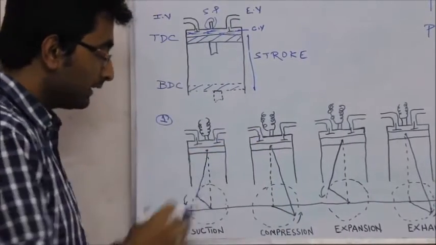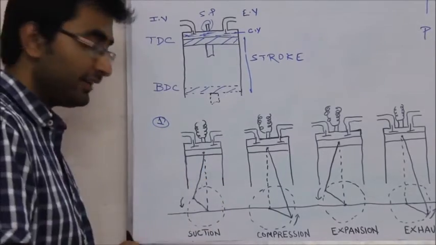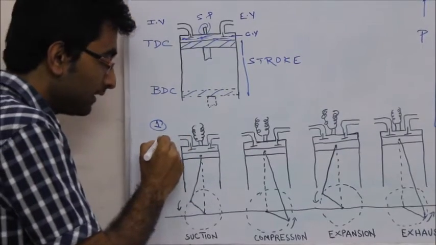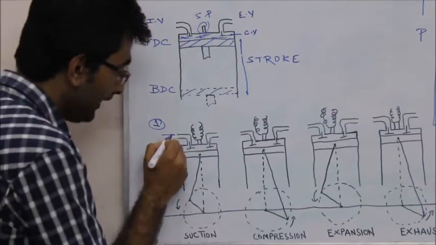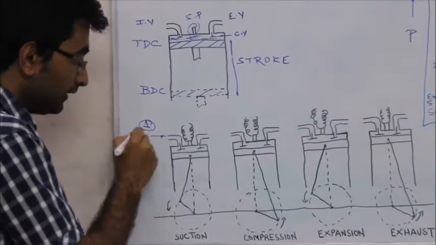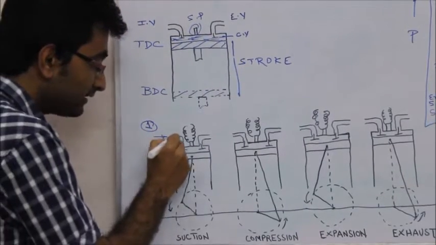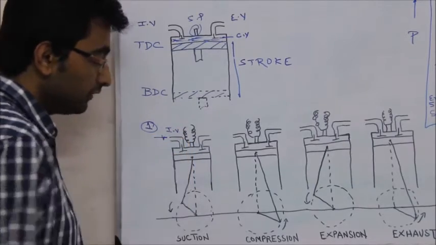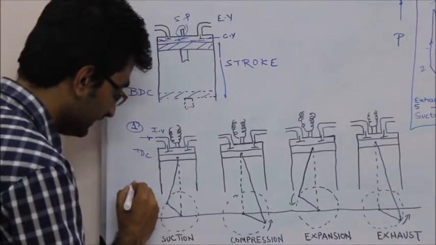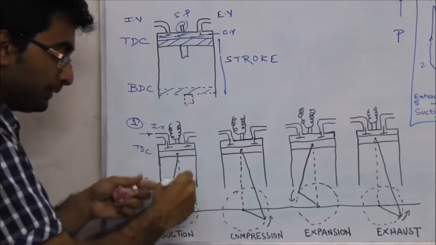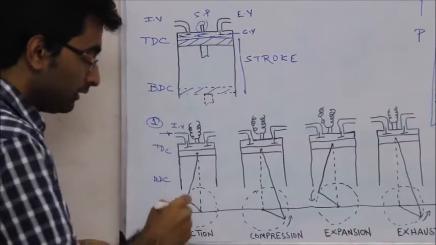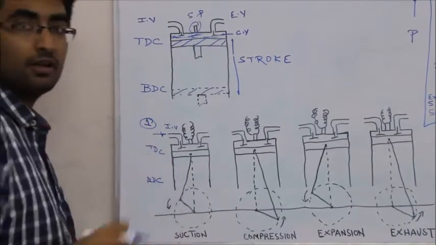Initially, the pressure inside the cylinder is below atmospheric pressure. The pressure outside forces the combustible mixture to enter through the inlet valve, which is activated through the cam mechanism. So the air-fuel mixture enters through the inlet valve. During the first process, the piston moves from TDC to BDC, that is suction of the air-fuel mixture takes place. This is the first part of this Otto cycle.